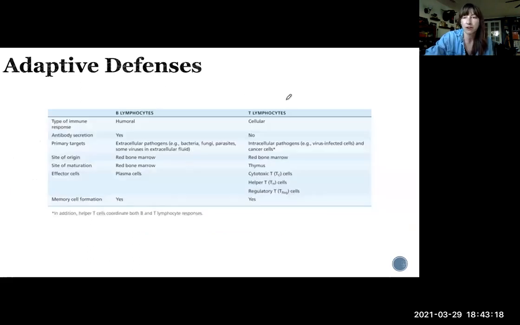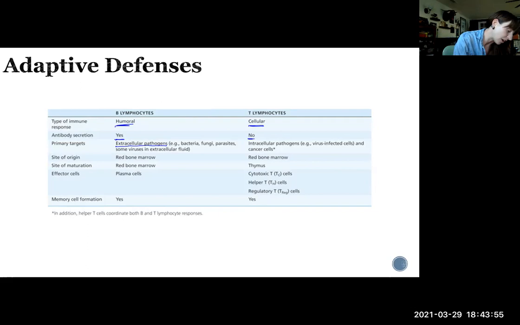Okay, so here's a little compare and contrast between your B cells and your T cells. Your B lymphocytes, humoral. Your humoral immunity. T lymphocytes, cellular immunity. Do they secrete antibodies? B lymphocytes secrete antibodies. T lymphocytes do not. Okay. The primary targets for B lymphocytes, consider that they are humoral, so they're outside of cells. They are going to be targeting extracellular pathogens. Makes sense, right? So this is stuff that's floating around in the extracellular fluid outside of cells, as opposed to